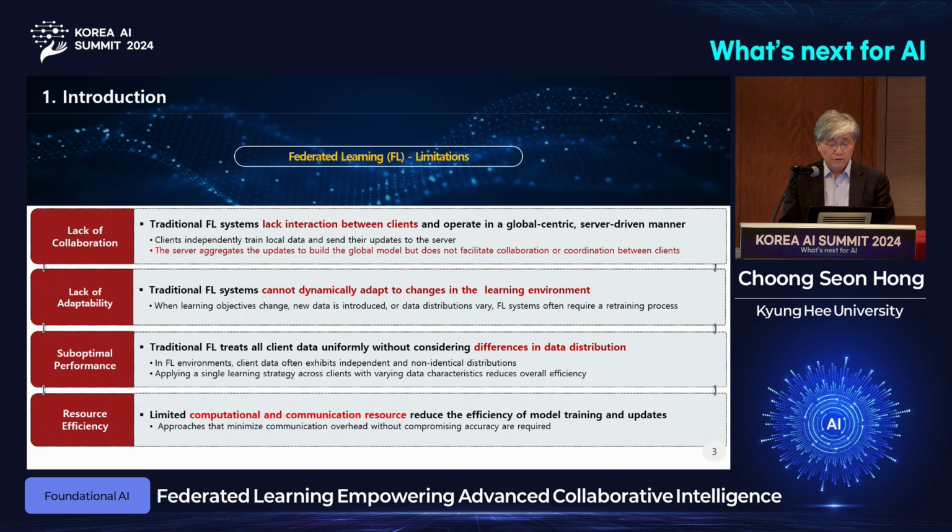First, traditional federated learning systems operate in a server-driven manner without interaction between clients. While clients process their local data and send updates to the server, there is no collaboration or coordination between clients. Second, when learning objectives change, new data is introduced, or data distribution shifts, federated learning systems often require retraining because